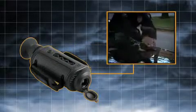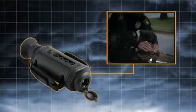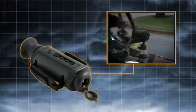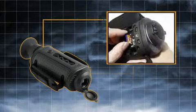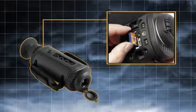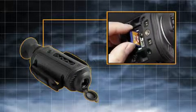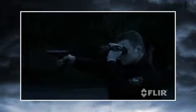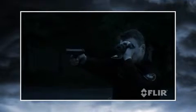Its optional wireless video transmission kit gives other officers access to the camera's video output and lets it integrate easily into unmanned probes and vehicles. Integrated USB and SD card ports let operators save still images, capture live thermal video, and install downloadable camera upgrades. Rugged, shock-resistant, and fully submersible, the 8 Series is built to stand up to the demands of day-in, day-out law